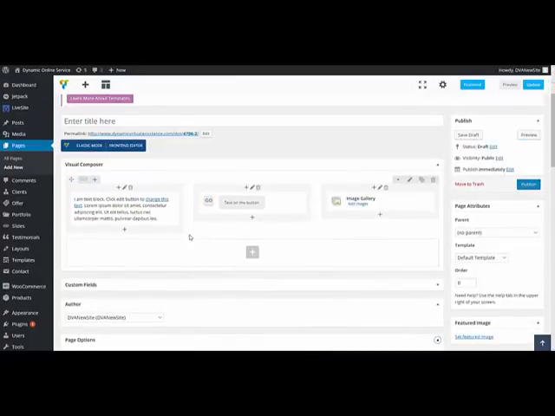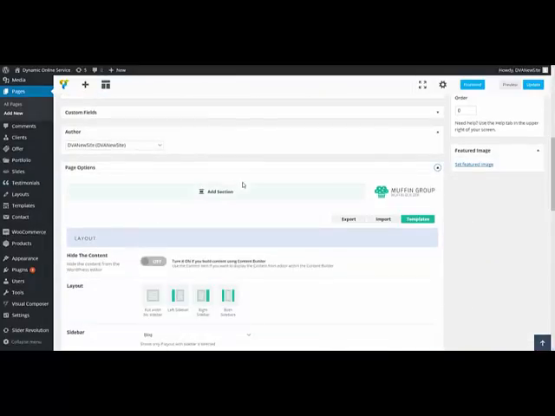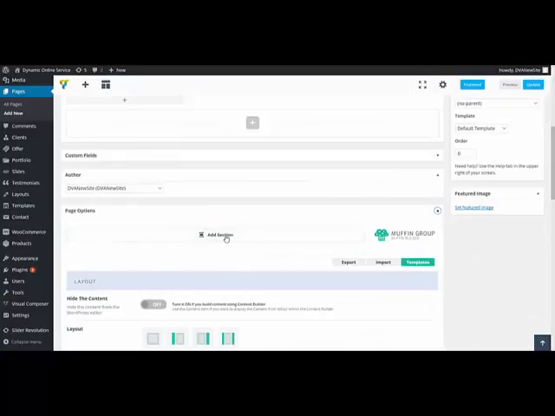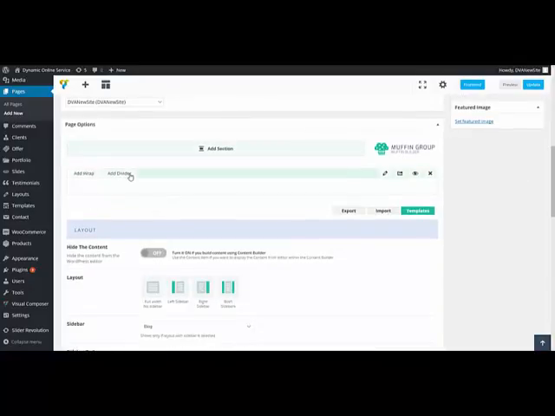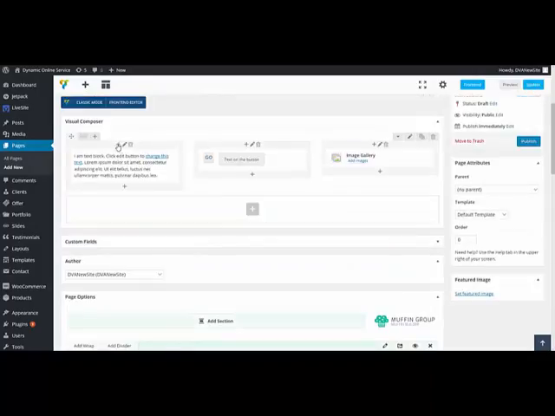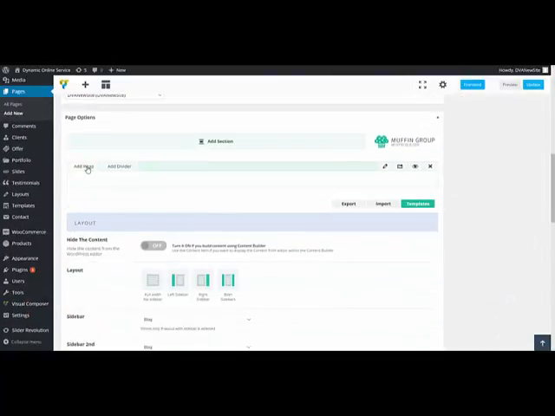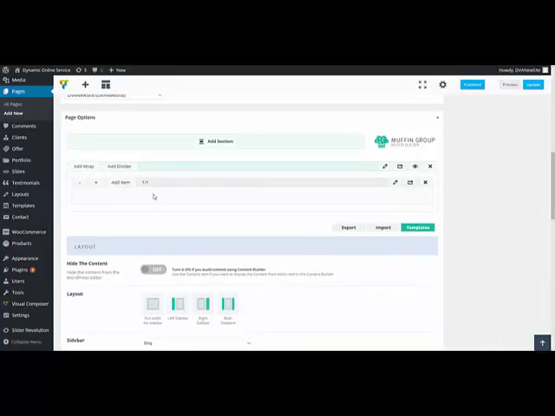Just to confound matters, this has Visual Composer in it, plus it has their BeTheme Muffin Group Muffin Builder, which is why I managed to confuse myself a minute ago, because I really should have been down here, where I can do all sorts of other things. So I could trash the whole lot of that and decide to go down here and build using various other sections within sections. And again, I'm not really going to go into that, because